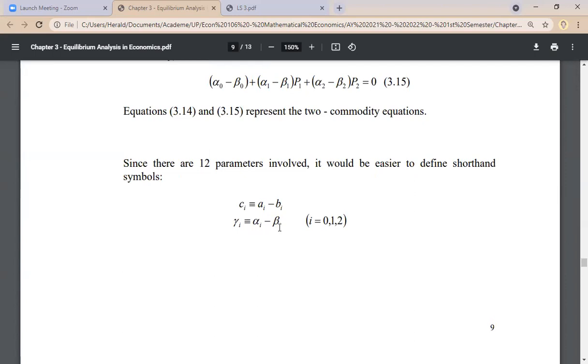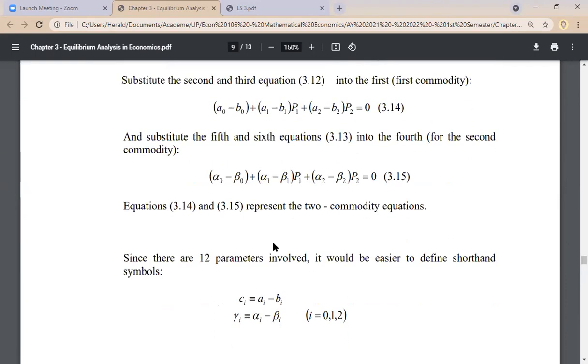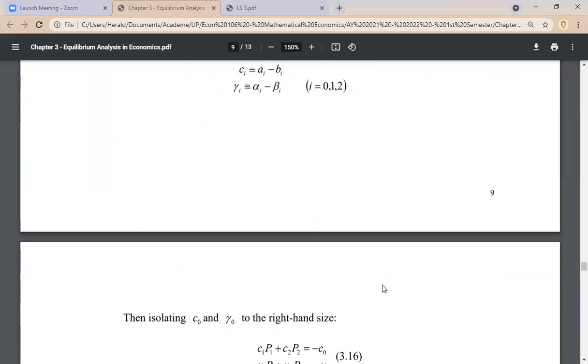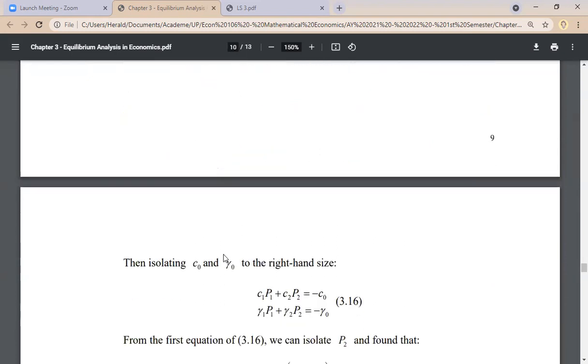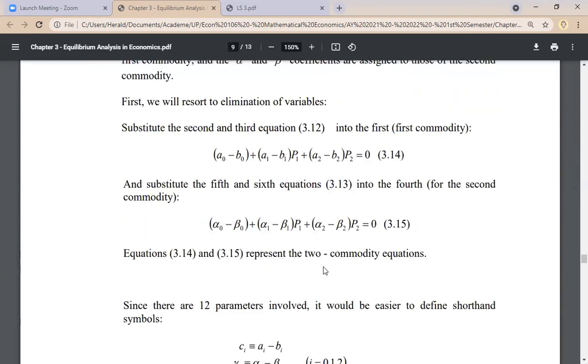Now, because we're dealing with 12 parameters here, although we have already classified that alpha and beta would be for good 2, and A and B would be for good 1, it would somehow still appear to be complicated because there are so many parameters that we would be involving. So we will be using a shorthand symbol, or we'll be defining a shorthand. So we have developed some shorthand symbols to connote also